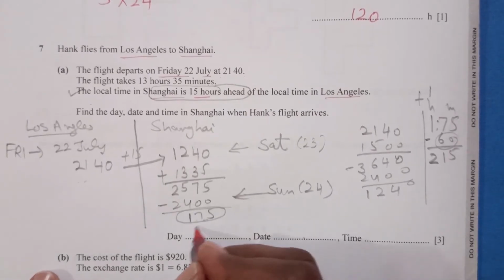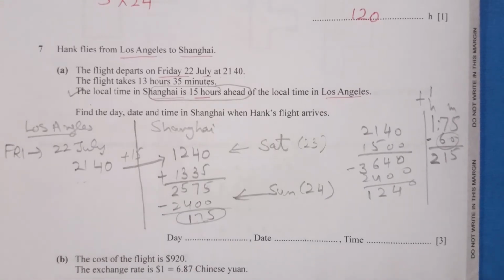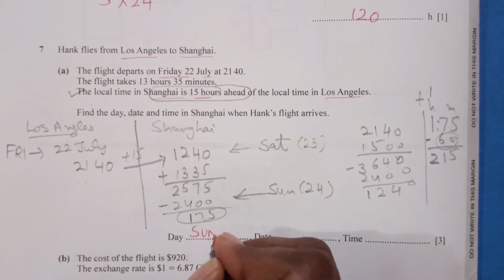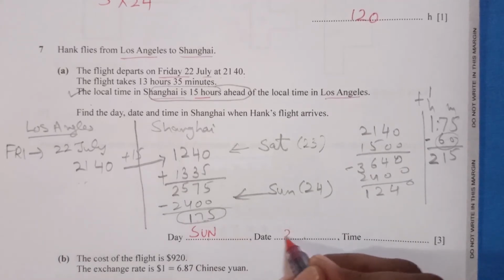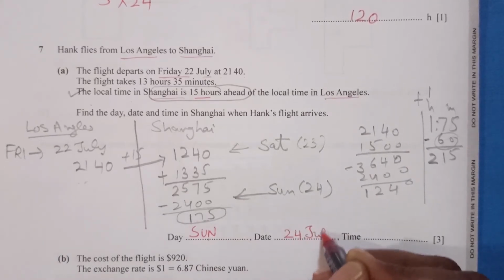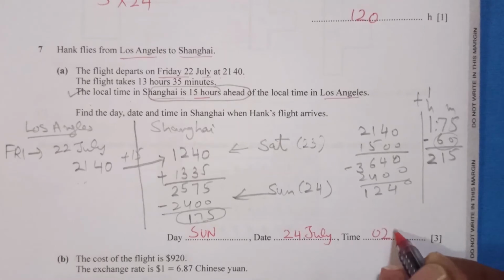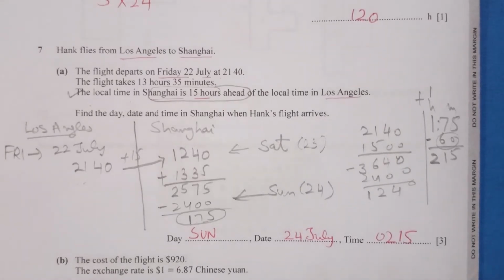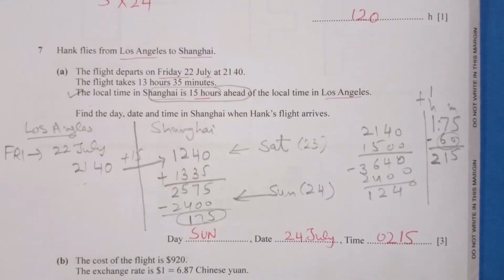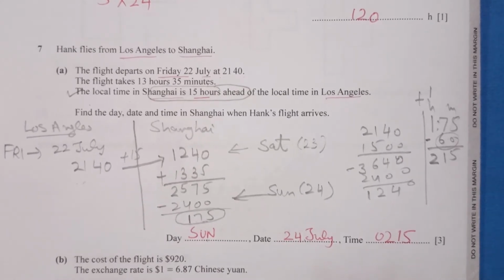Day will be Sunday. It's Sunday, 24th July, and time will be 2:15. So you need to complete this step by step, taking care of all the time ahead and the time taken